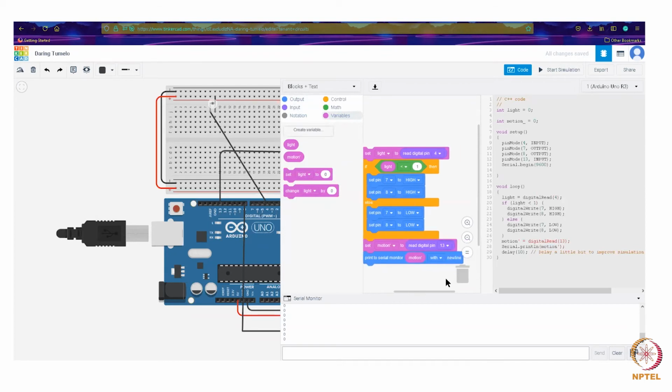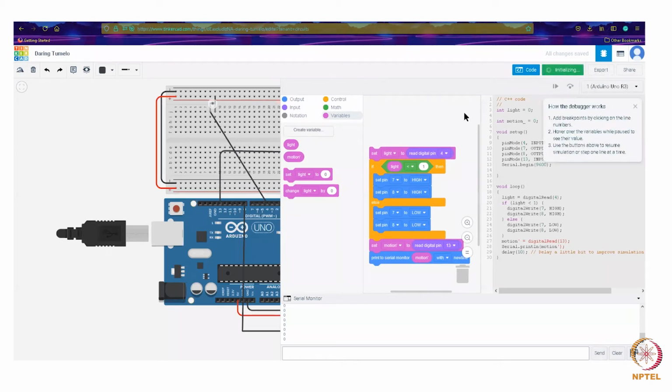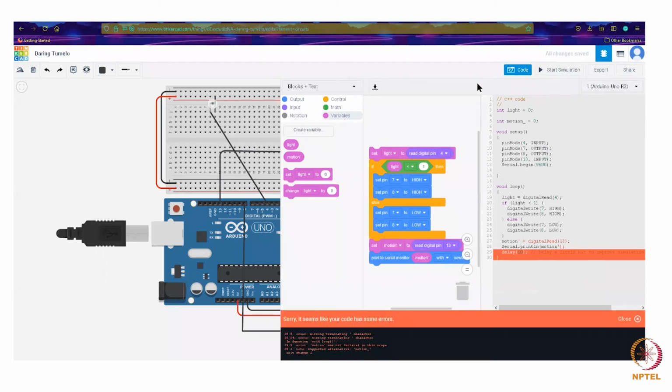So our LEDs will be normally functioning depending on the ambient light, and we are trying to analyze the user's motion around this lamp. So we'll start the simulation. Here I am missing terminating now.